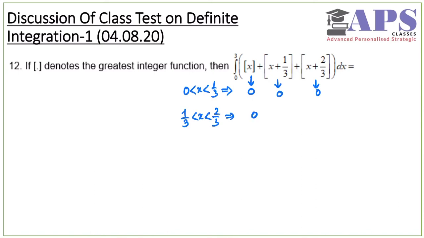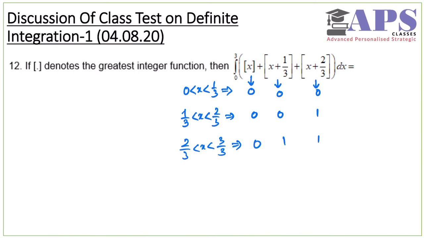This is also 2/3 to 1, that is also 0, and this one is 1 to 4/3, that is 1. And if I take 2/3 to 3/3, which is 1, then this will become 0, but this will become a 1, this will also become 1. So like this we can divide. So far I have taken 0 to 1, we have to take 0 to 3,